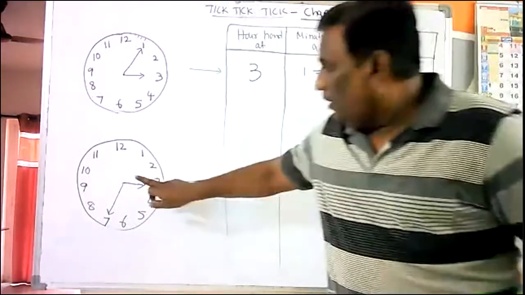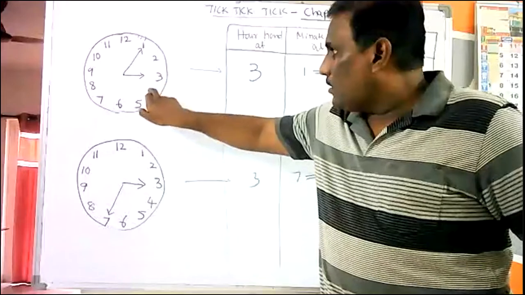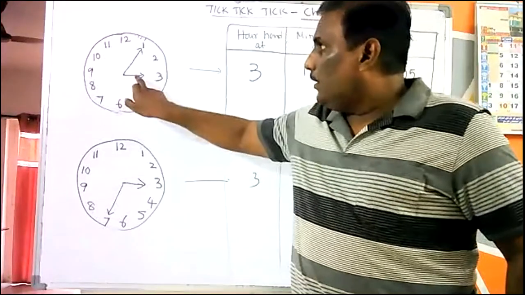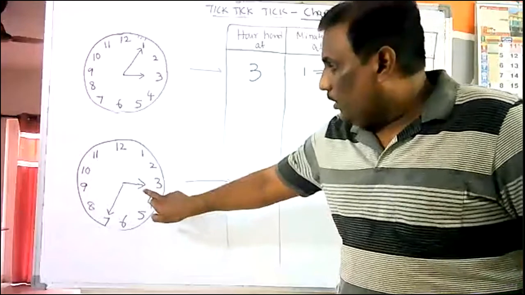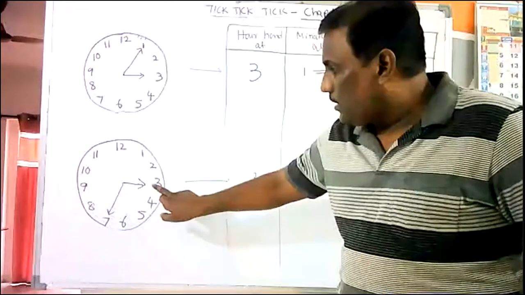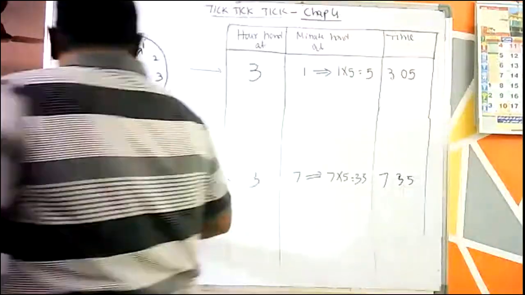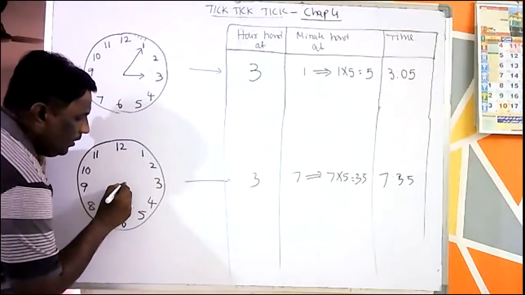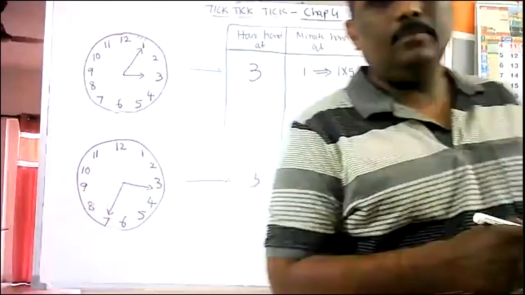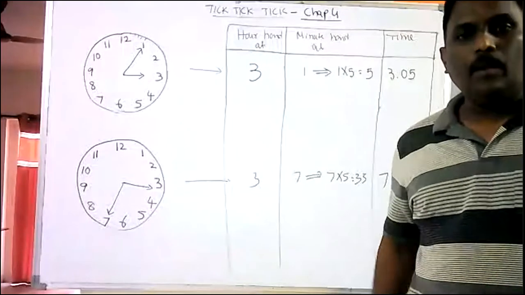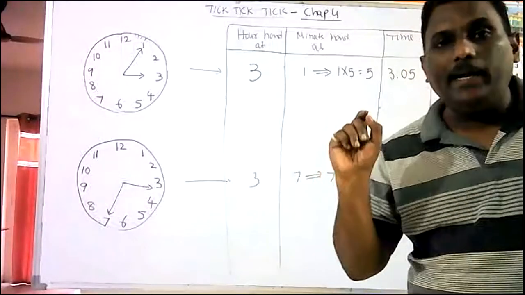One thing is there. When the minute hand is slowly reaching 12, then the hour hand slowly comes down. So when it is more than 30 minutes, the hour hand may not be exactly at 3. It can be a little lower than the 3. Okay, so this is how to identify the time.